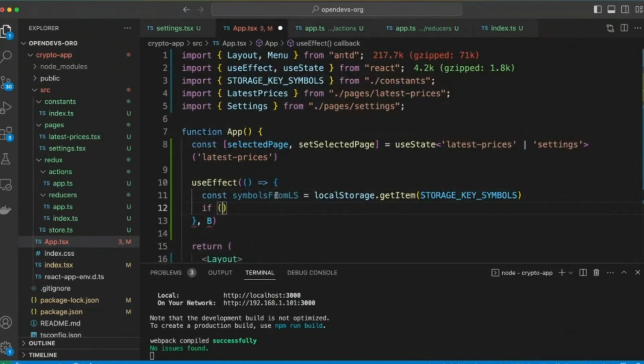Now it could be either a string or null, because it may happen that local storage doesn't have that item at all when you maybe loaded the application the very first time. It didn't have anything, or maybe you cleared your local storage. Then something like that happens. So you have to check that it exists, and if it does, then you just want to update your